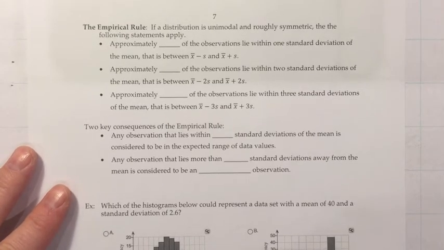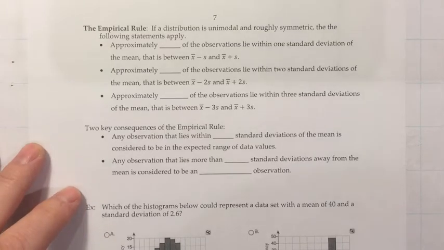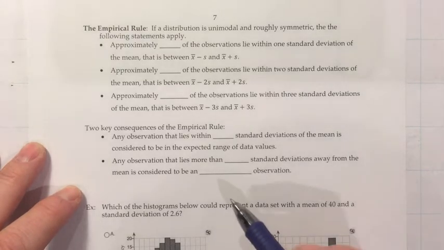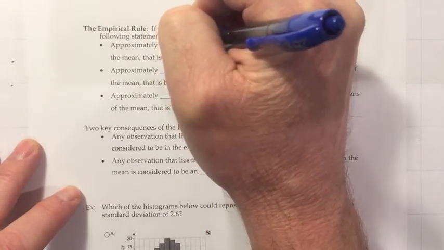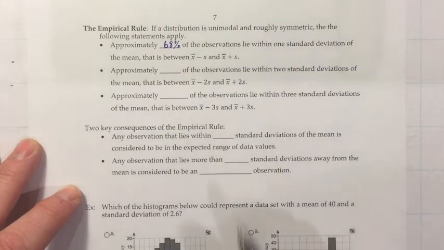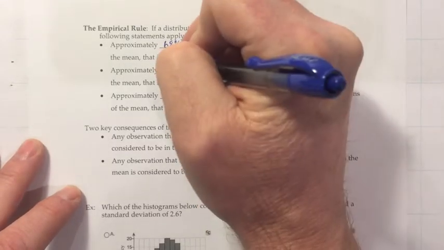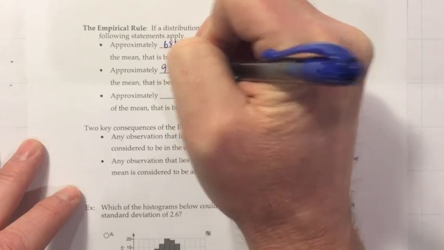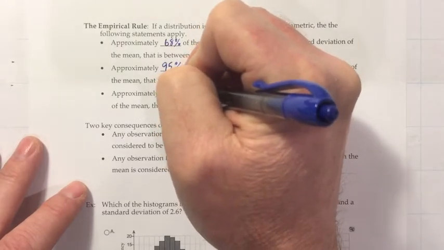And this idea is summarized in something called the empirical rule. It says if a distribution is unimodal and roughly symmetric, which is like a bell-shaped distribution, then the following statements apply. Approximately 68% of the observations lie within 1 standard deviation of the mean. That is, they lie somewhere between x bar minus s and x bar plus s. So 68% roughly lie within 1 standard deviation of the mean. If you ask what percent lie within 2 standard deviations of the mean, you're going out twice as far on both sides, and it turns out to be about 95%. If you were to go out 3 standard deviations, by then you get almost all the data, and it ends up being approximately